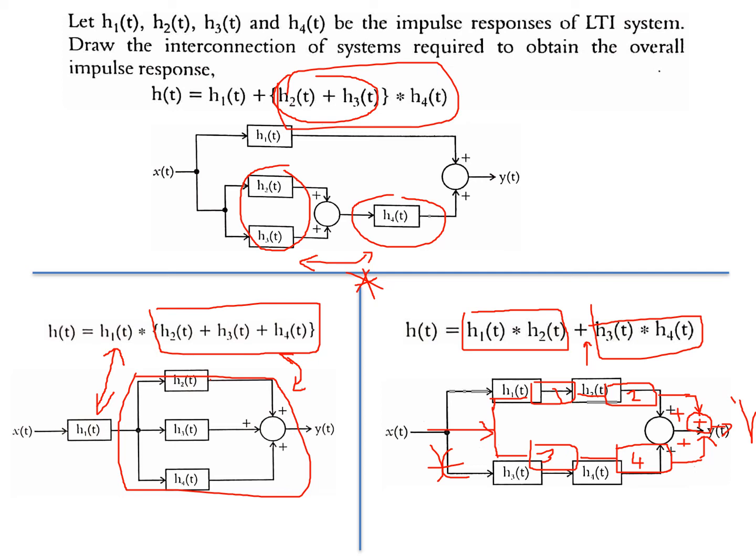Then based upon that, you have to find out the stability, memory and causality. As I explained in my first and second video, finding causality and memory is easy because you should just observe the graph. Whenever an equation is given, try to plot the graph, then see whether the graph is extending after 0 or coming before 0. For memory, the graph should not extend beyond 0 or start before 0. For causality, the graph should not start before 0. So just by observing the impulse response graph, you can tell. But for finding stability, you sometimes have to do a little more calculation.